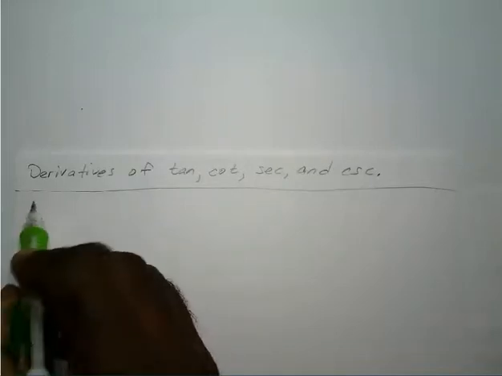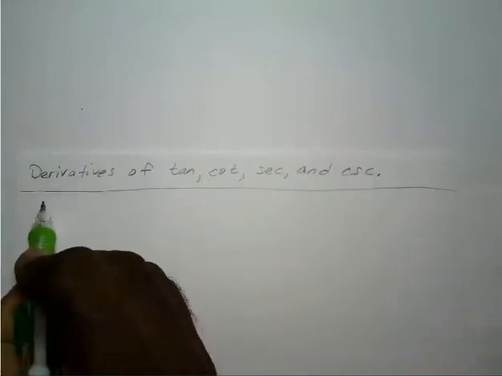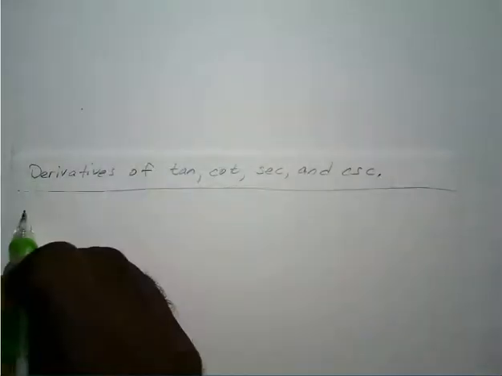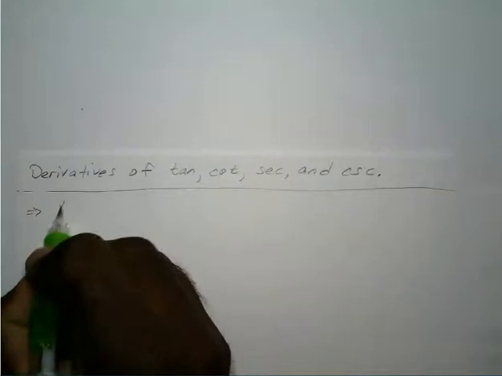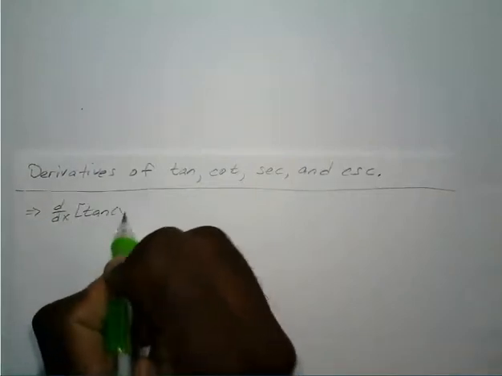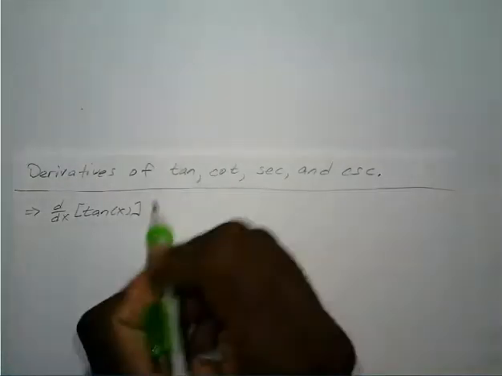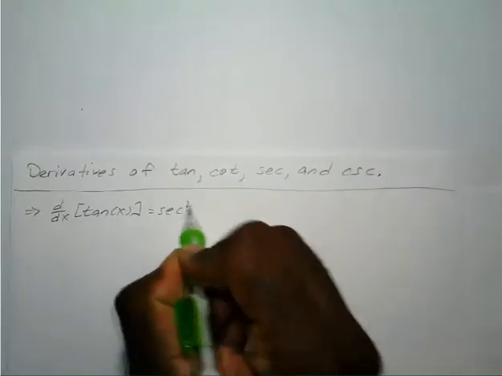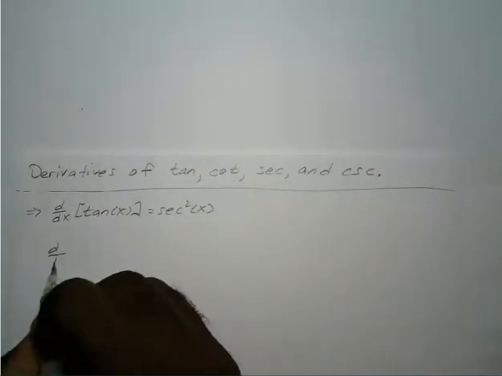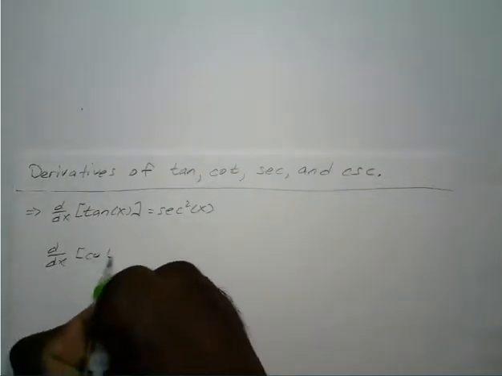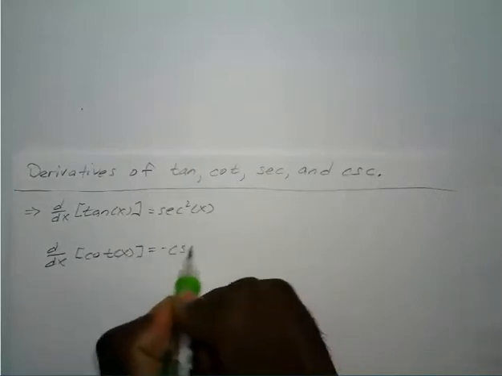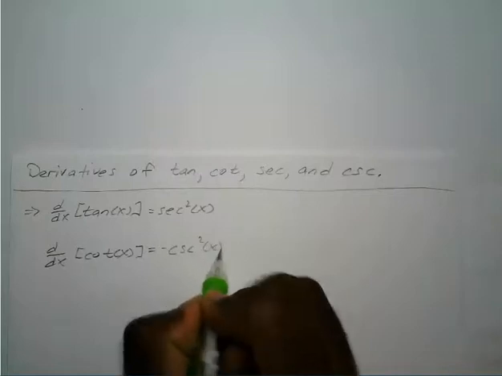Alright, so starting off, we will look at the derivative of tangent x, which is secant squared of x, the derivative of cotangent of x, which is negative cosecant squared of x,